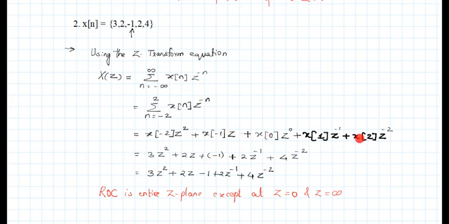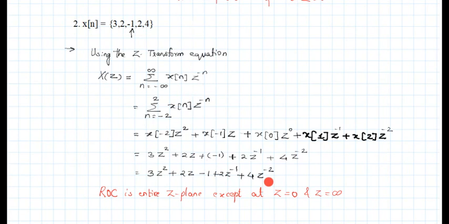So this is the expansion for the given limits. The next step is, now we need to appropriately substitute the magnitudes of these particular samples. So x of -2 is 3, x of -1 is 2, x of 0 is -1, x of 1 would be 2, and x of 2 would be 4. Accordingly, we have substituted the magnitudes of these samples, and the Z transform is as shown.